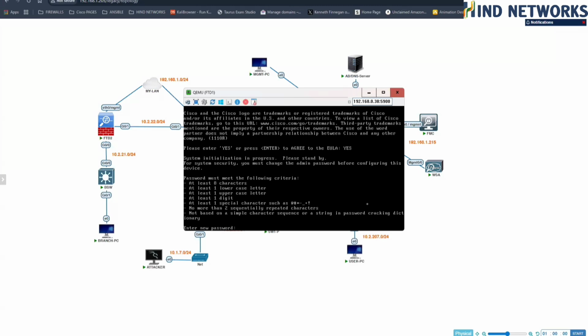The password should also not be so simple that hackers are able to crack it using a dictionary. They have a dictionary which has a lot of passwords that people use for random things. Something like I hate you, 1 2 3, admin 1 2 3, admin 2024, or anything like that, we cannot use. So for this I'm going to use admin@